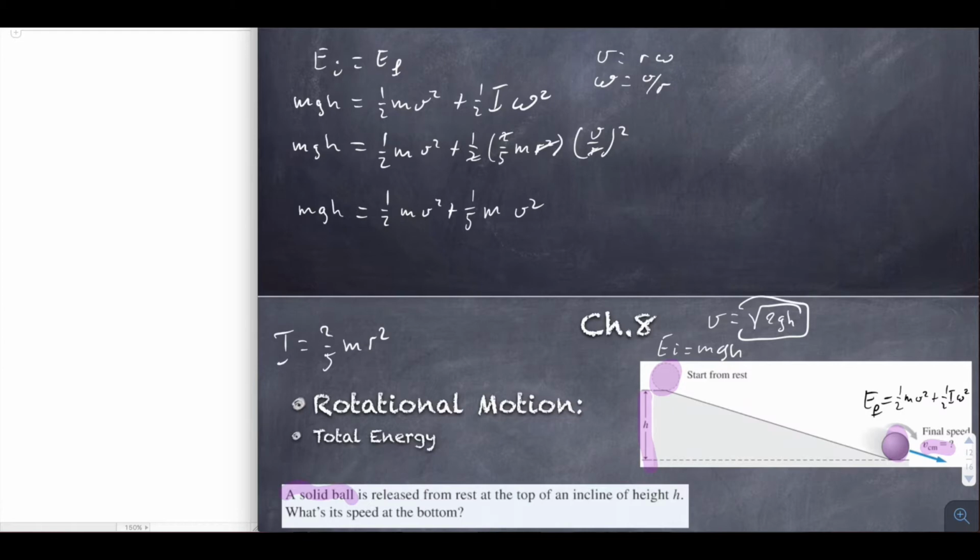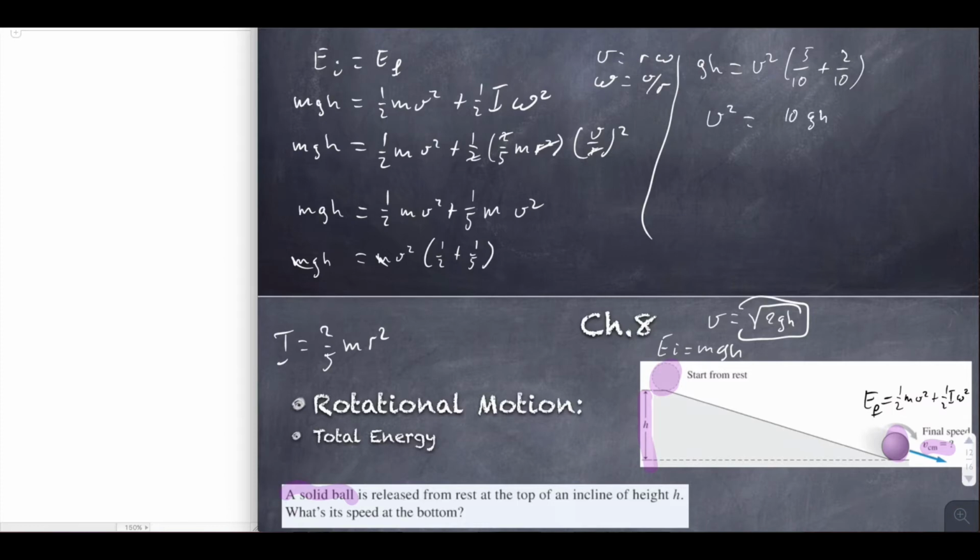And now I get mv squared times 1/2 plus 1/5, and then this is mgh here, so the m's cancel, so we get gh equals, and then the common denominator will be 10, so I'll get 5 over 10 plus 2 over 10, so we get v squared equals 10gh over 7,